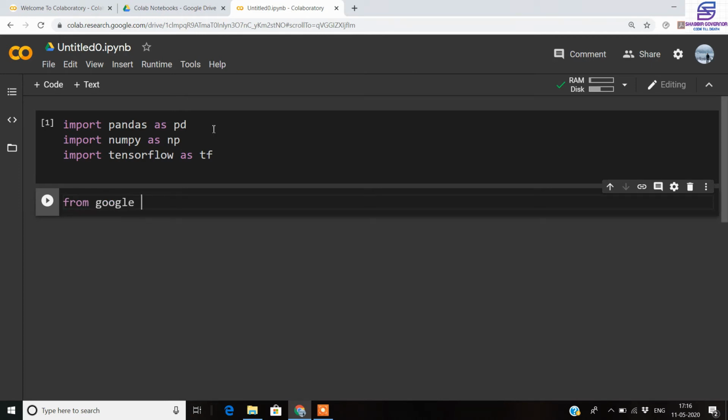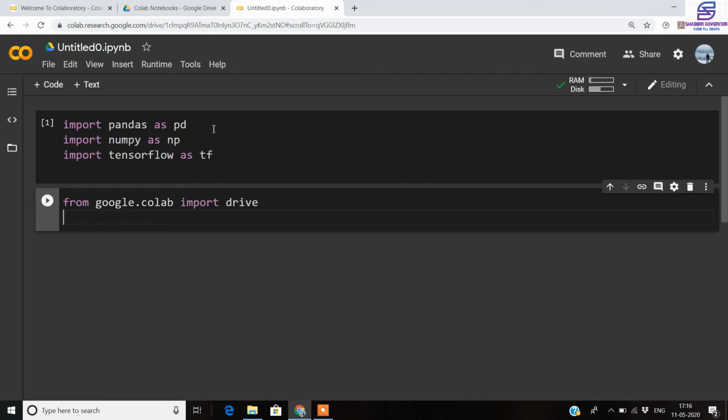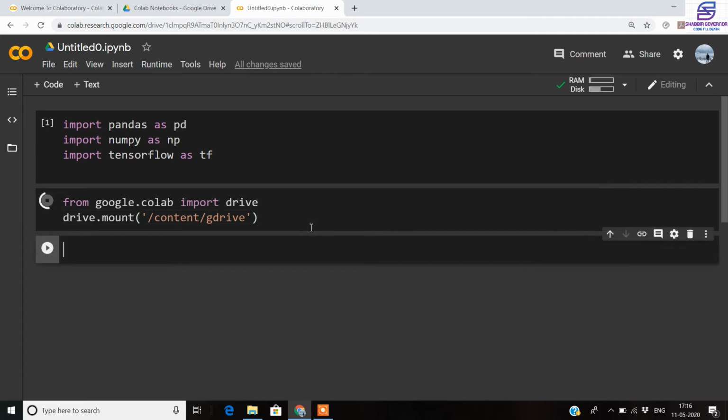I will write and show you. So from google.colab import drive, and then you write drive.mount. So just write these two lines of code and run this.